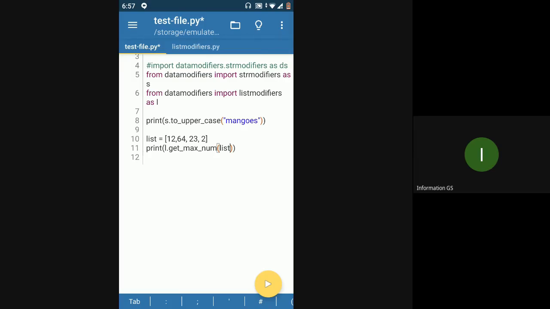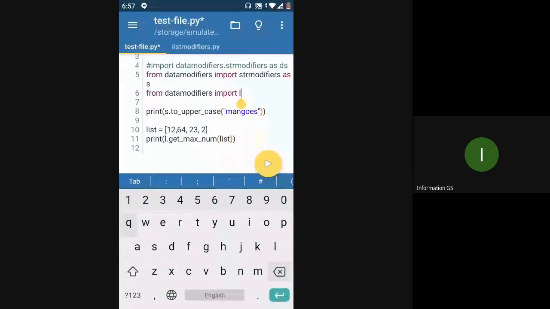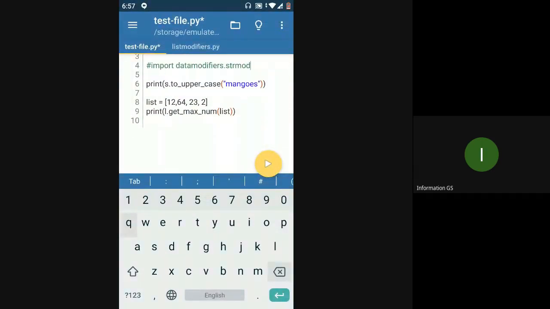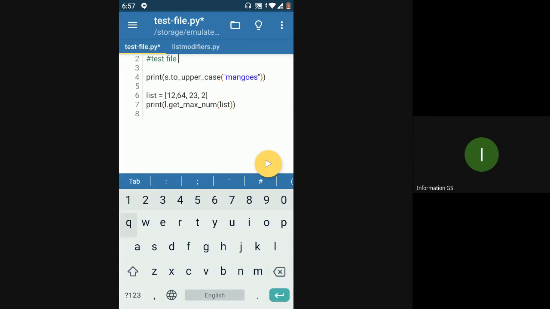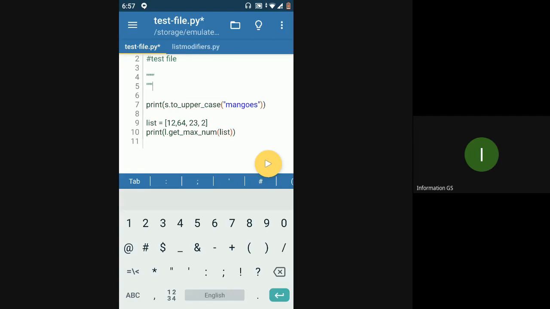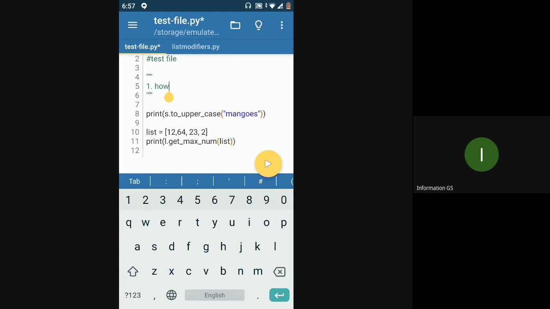Now, if I know that I have to import everything from a package, okay, fine, this is cool. So what we can do next is, what if I want to import a specific function from the package? Till now, I'll just note down what we have seen for easier reference. We have seen how to import a single module.